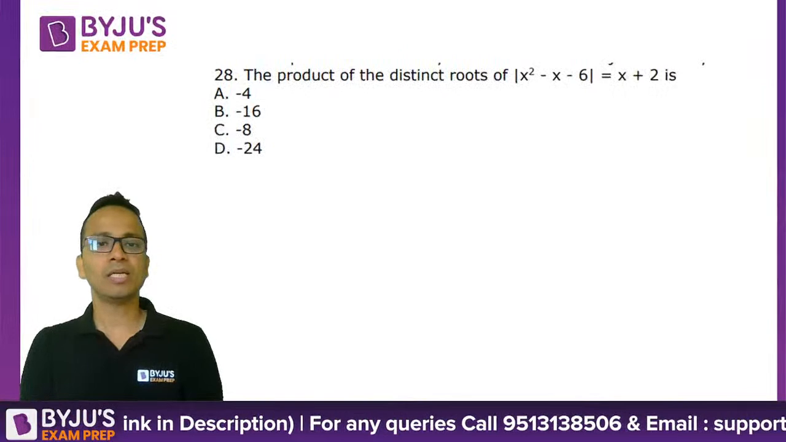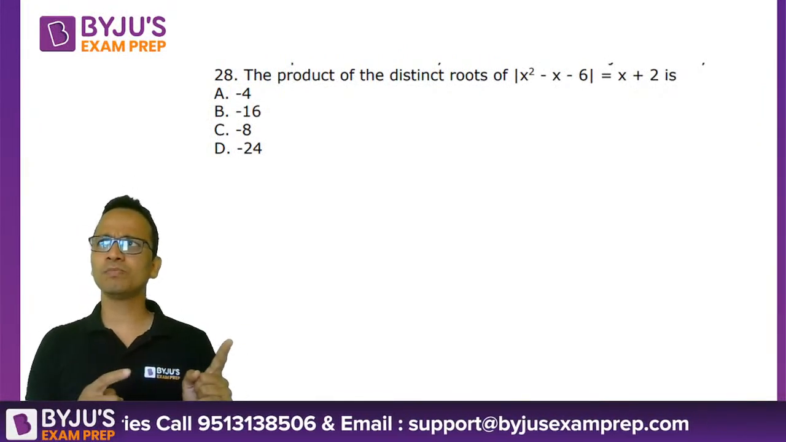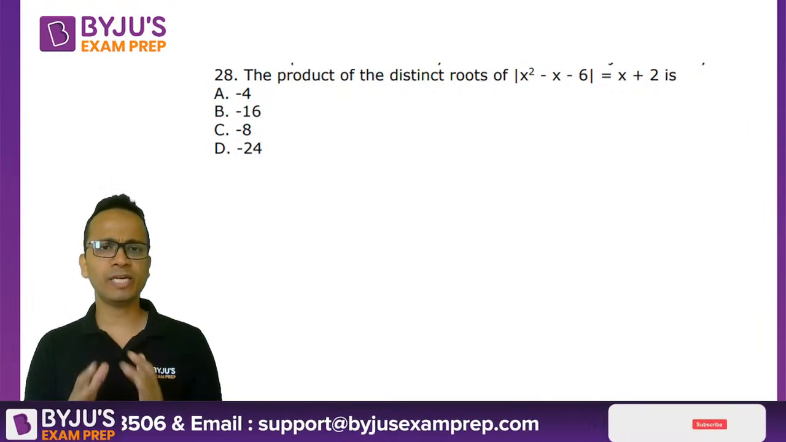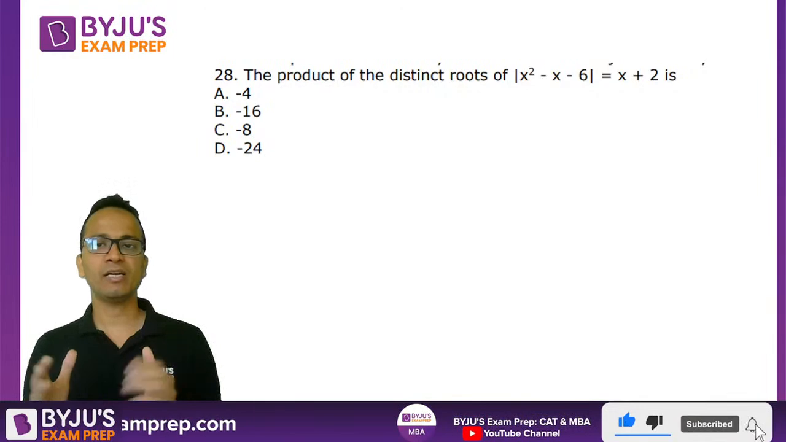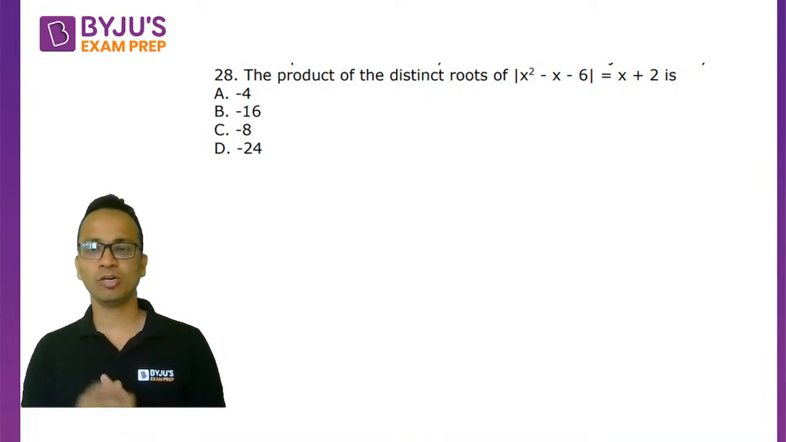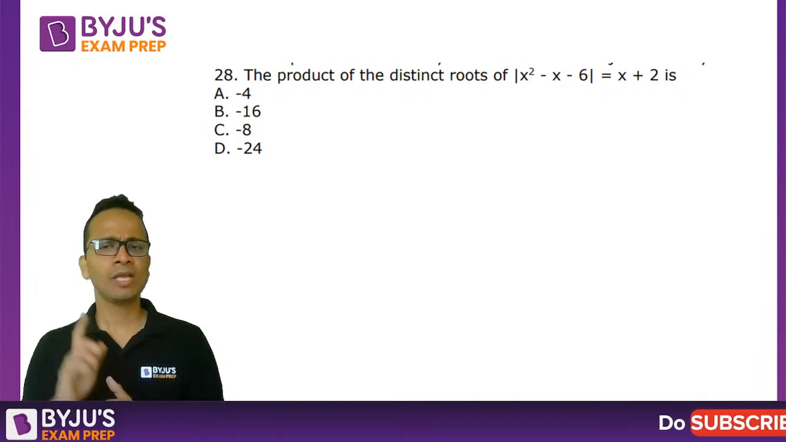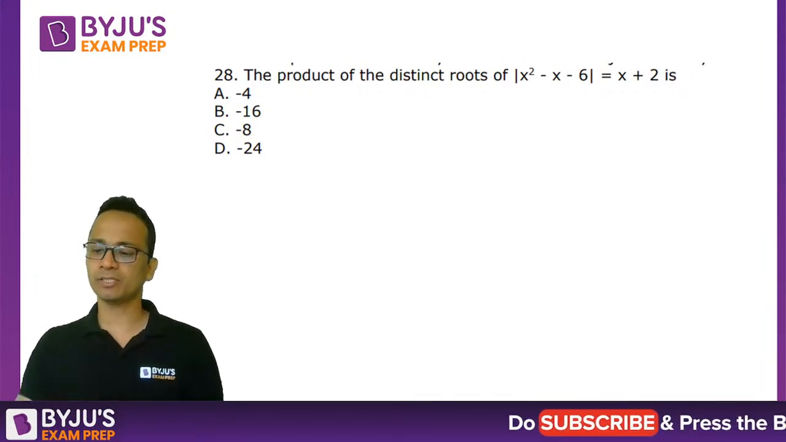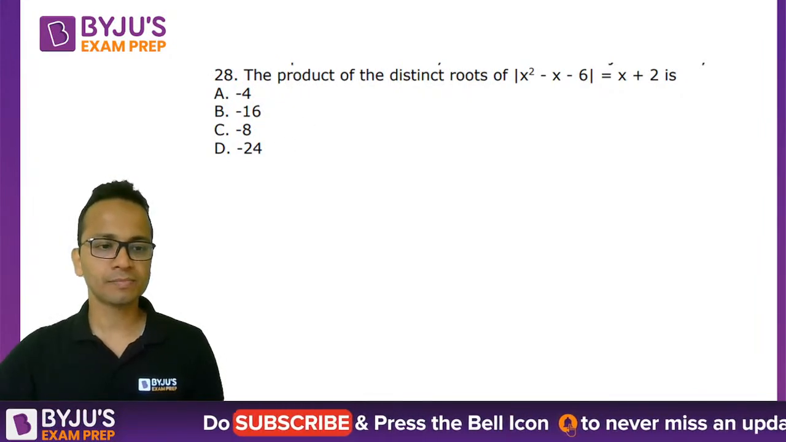28 number question, again a question on modulus. Now we already know something about modulus, so let us apply that particular thing. So we have a left hand side in a modulus sign. Right hand side there is no modulus. Modulus के अंदर क्या है? x square minus x minus 6. So I'll make two cases. Case number one,